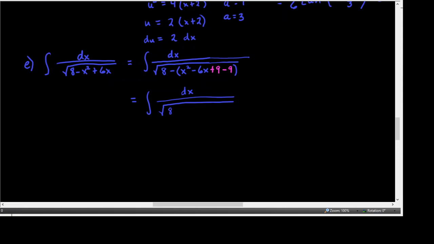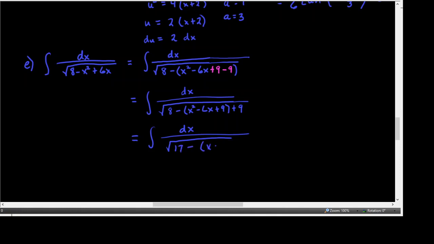And so that'll be 8 minus x squared minus 6x plus 9. And when that 9 comes out of the parentheses, don't forget it has to be multiplied by the number in front of the parentheses, in this case negative 1. Negative 1 times negative 9 means that it comes out as a positive 9. Okay, so simplifying means that we combine like terms, 8 and 9 is 17, minus,